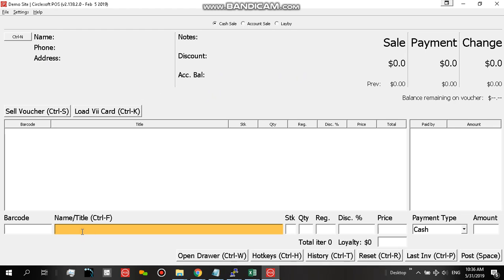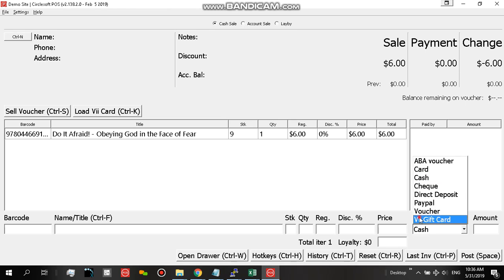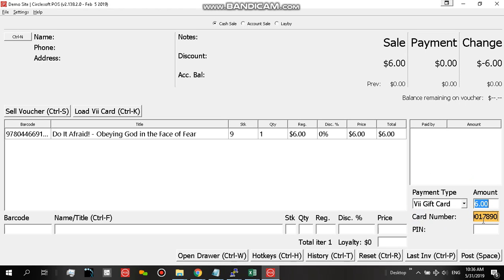So let's do a basic transaction. Let's say set this to $6. When testing, the minimum value should be $6 for either loading the card or using it as a payment. Right, let's enter that, then V card. Right, so here's the VID,